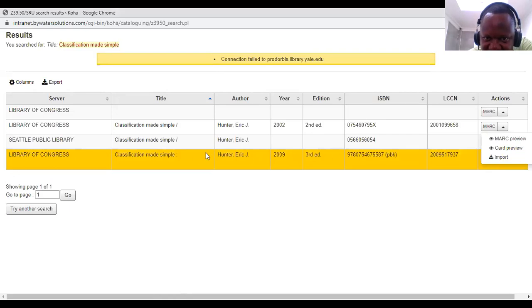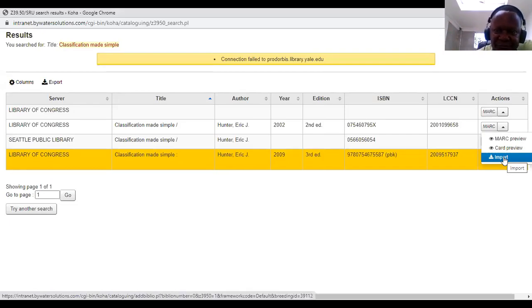You see, I've highlighted it. And then now I will import. In other words, I'm copying. And that is where the name copy cataloging comes from. So when I click import,